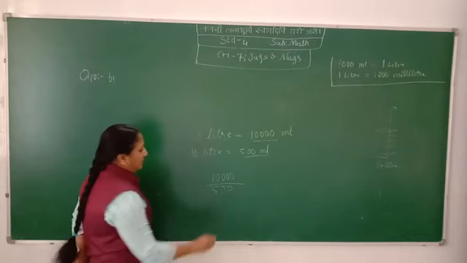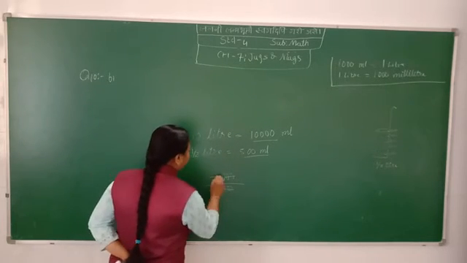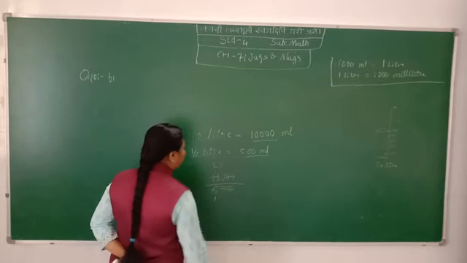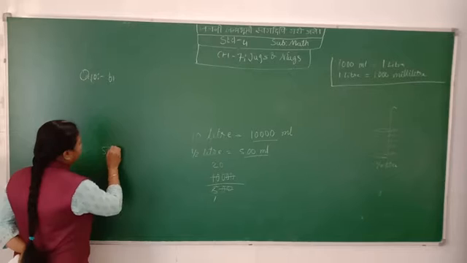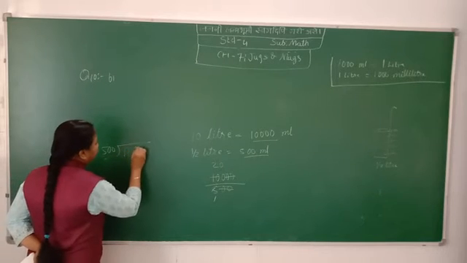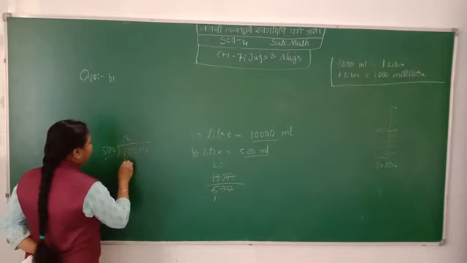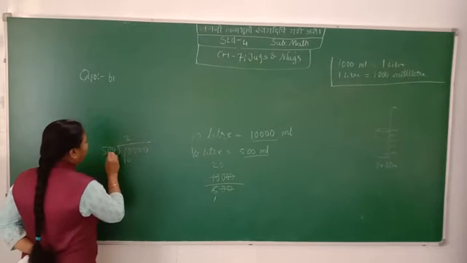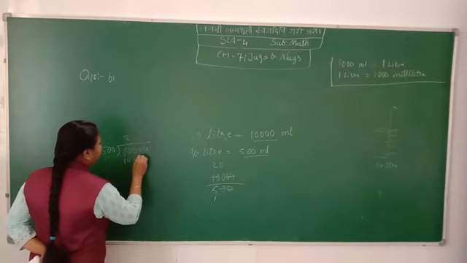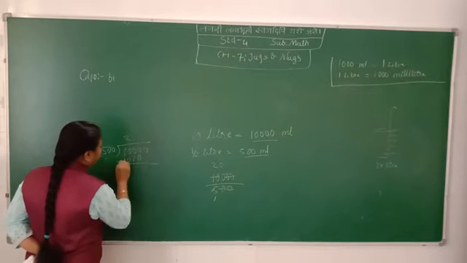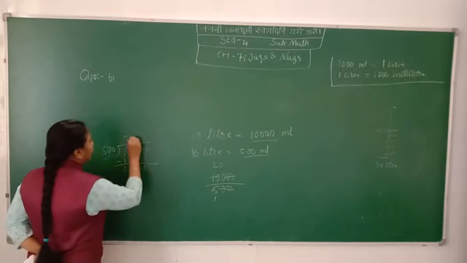Is it clear? So now write the two zeros. 5 ones are 5, 5 twos are 10 and 0 as it is. Another way, we will have 500 divided by 10,000. Now 5 twos are 10 here. Minus 0, 0, 0. We are taking the 0 as it is and it will be here.